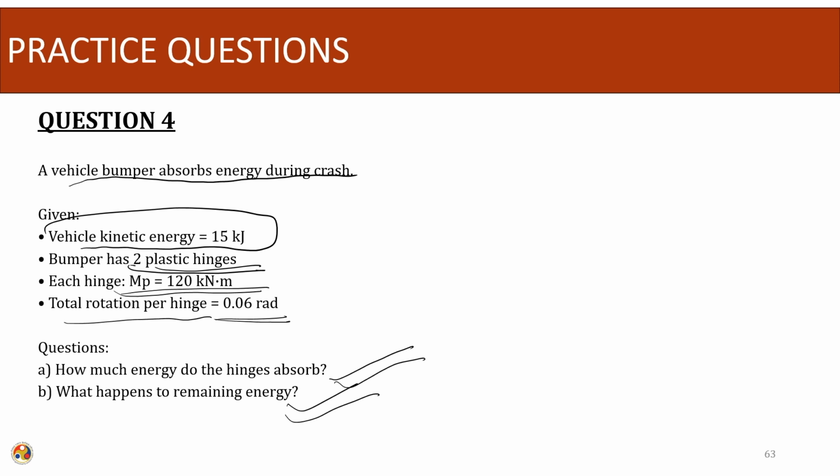We will keep this as a practice question. Try to do this question as a practice, and in the next class we will show the results, and then we can compare whether we have learnt or we need some more revisions.